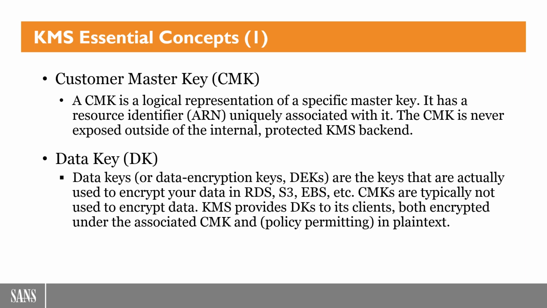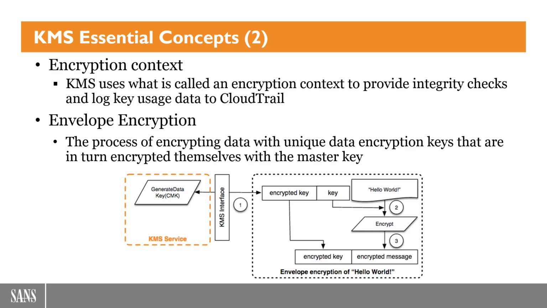KMS will generate the data key for you, but it will provide it to you in a plain text format through a certain API call, so the service can then use it to encrypt bulk data, and then the service will typically store, they call it envelope encryption, which I've got a diagram on in the next slide. Envelope encryption will store the encrypted data along with the metadata surrounding the data encryption key being encrypted, with an identifier of the CMK that was used to encrypt the data encryption key. So it's not a new concept. It's a concept that's been around a long time, this hybrid model of encryption.